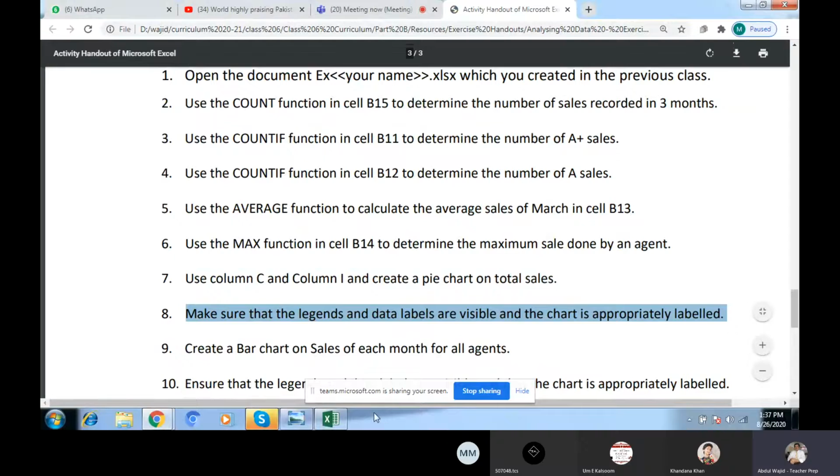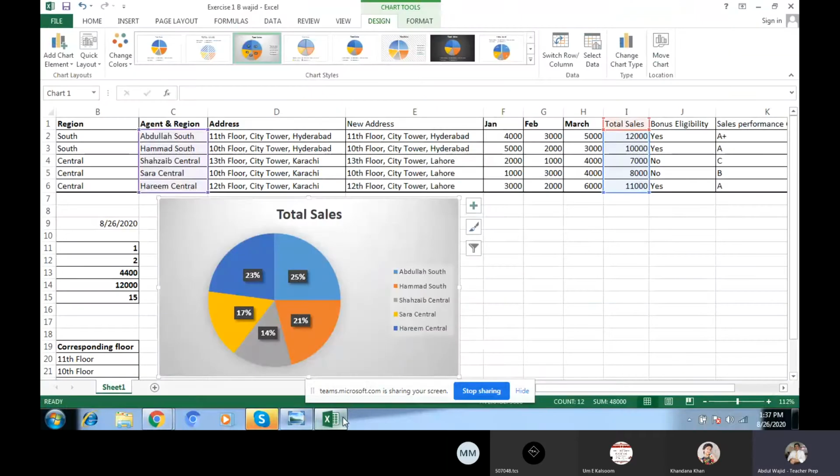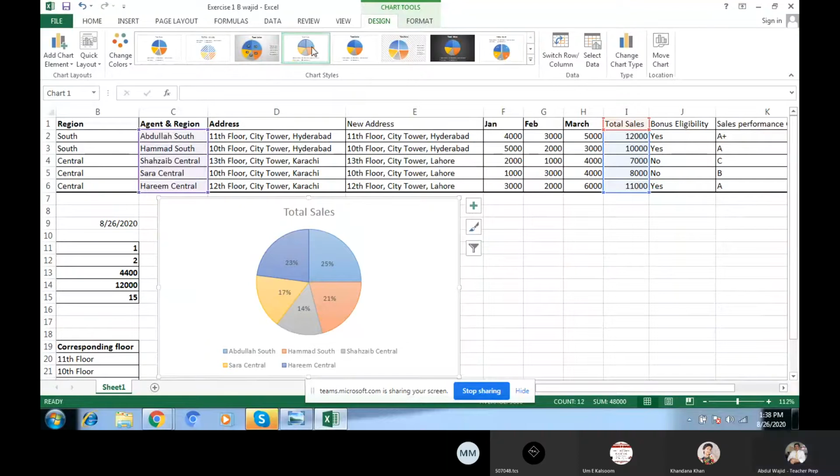Okay, we will go there again. Yes, it is visible. Yes, the legend is also here, total sale is here. Now you will see that total sale is available here. If you want to change, you can.